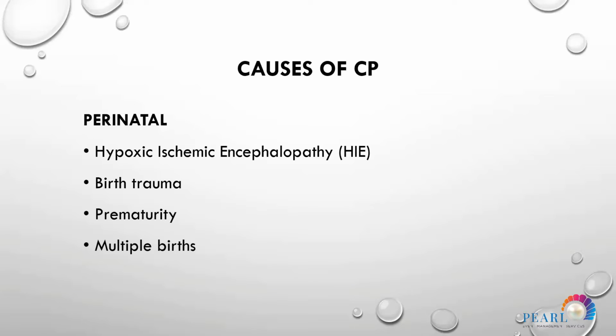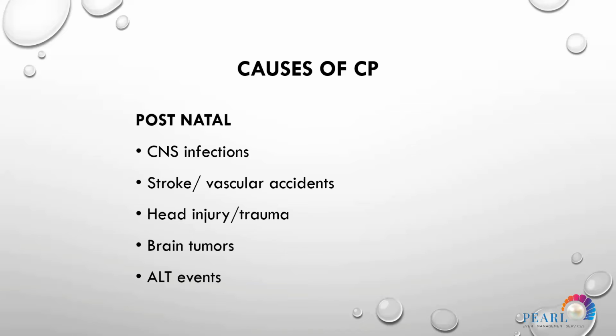Perinatal causes of cerebral palsy include hypoxic ischemic encephalopathy, birth trauma, prematurity, and multiple births. Postnatal causes include CNS infections, brain tumors, head injuries, and vascular accidents in the postnatal period, like strokes. We know that underlying coagulopathies can be responsible for postnatal strokes, like protein C deficiency, protein S deficiency, factor V Leiden deficiency, and some other acute life-threatening events in the postnatal period can also give rise